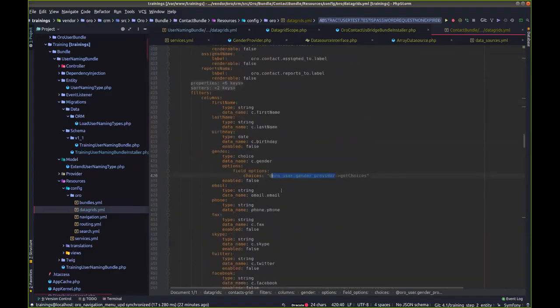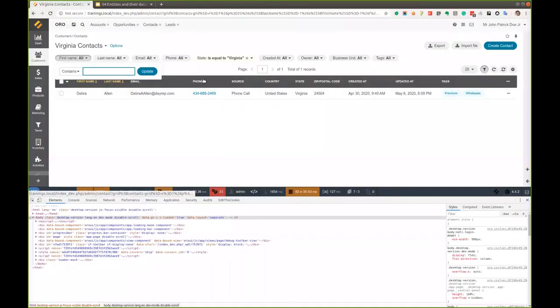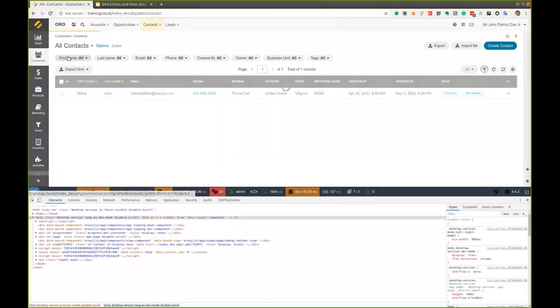Okay, once we have the filters, the last, usually we add the sorters. So which columns should be sortable? Very similar notation. So we have the sorters, columns, and for each column, we specify its name and which data it should use for sorting. So if there is a sorter applied to this given column, actually, let's go to the all context back again,